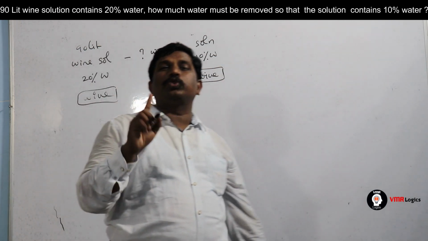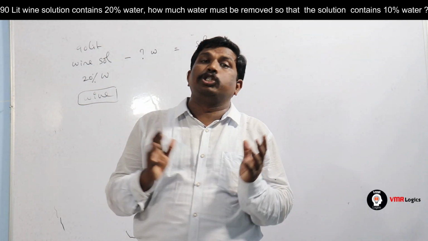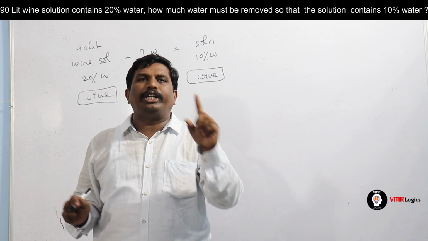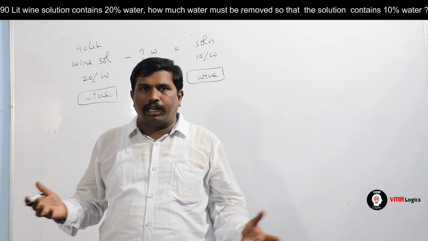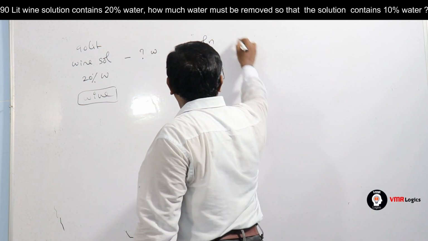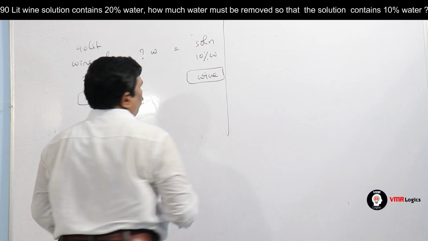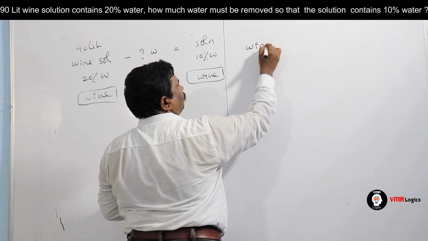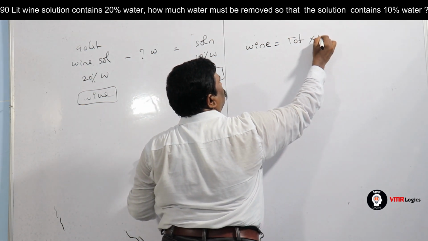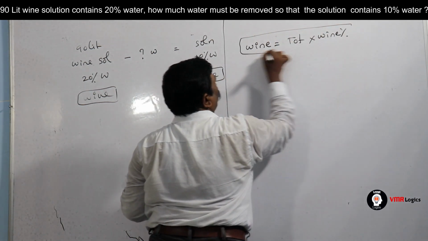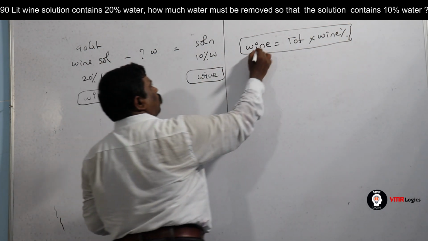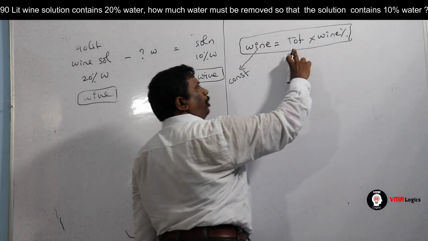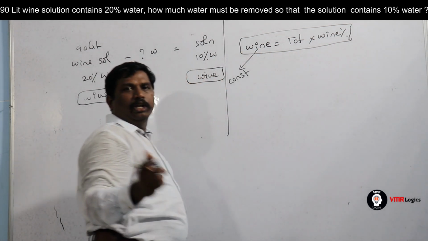In the question you just said what is constant. I hope you can say very clearly wine is constant, because some water is removed. That's all. Wine is not removed. So how do you get wine? Wine is equal to total quantity into wine percentage. The point: in the question, what is constant or fixed? Wine is constant. When one thing is constant, the P ratio and Q ratio are inversely proportional to